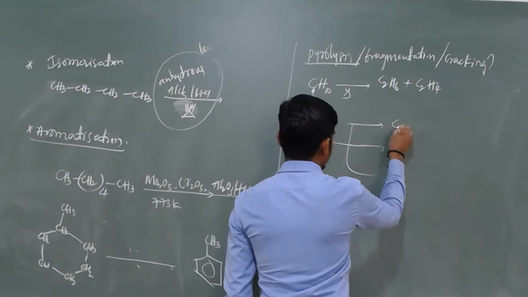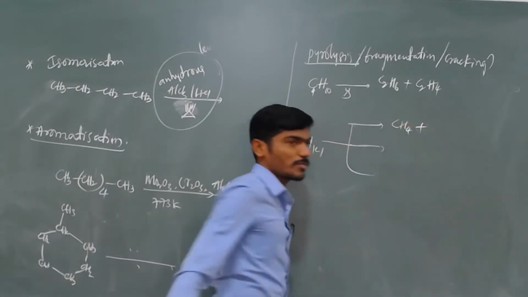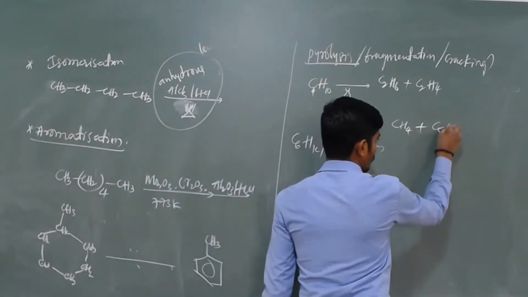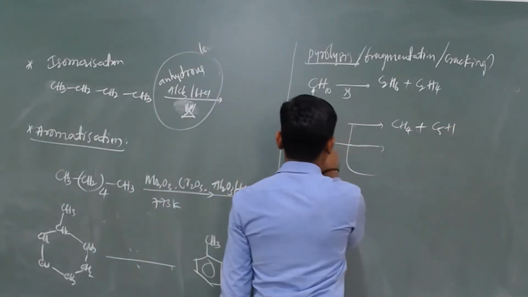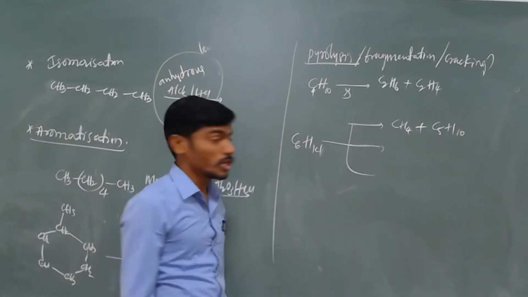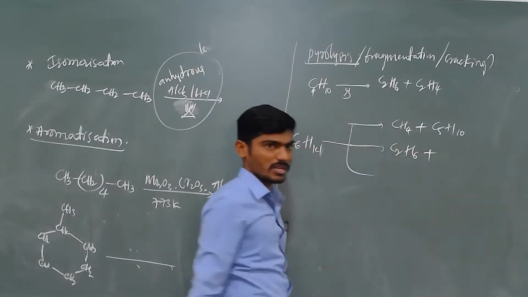First round: CH4 plus C5H10 alkene, methane plus alkene. On further decomposition, C2H6 plus remaining